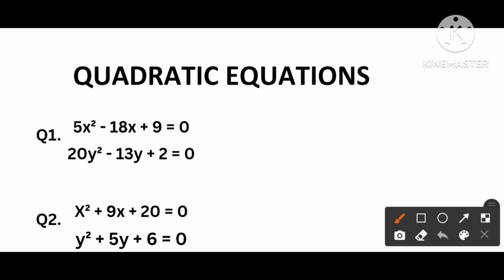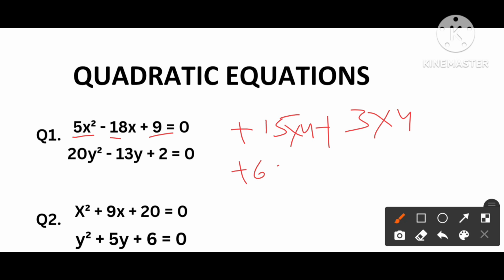Now it's time to solve quadratic equations. The first equation says that 5 times 9 is 45, and 15 times 3 will be 45. The sum of these two we get is 18. Okay. Minus and plus means both the roots are positive. Here the bases are not equal, so we need to multiply this with 4. So we got plus 60 and plus 12 as the roots for x.